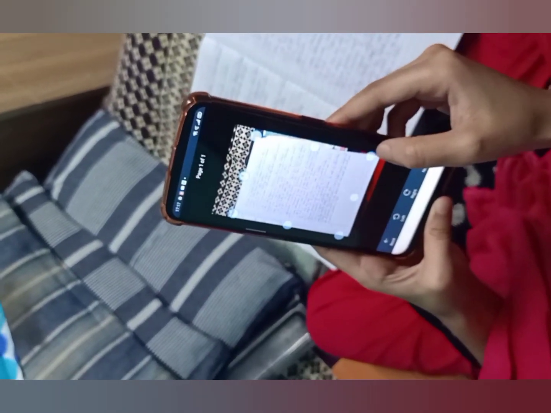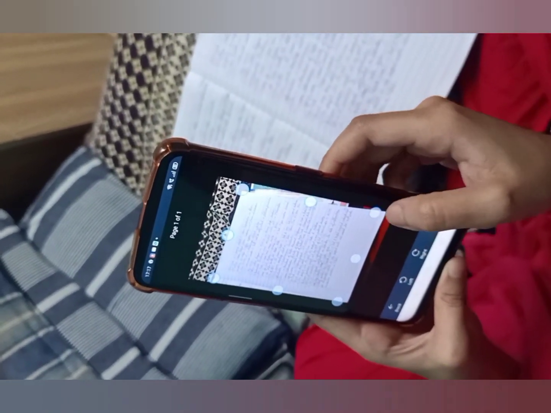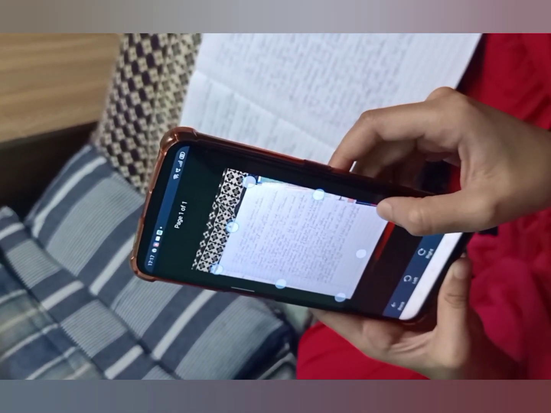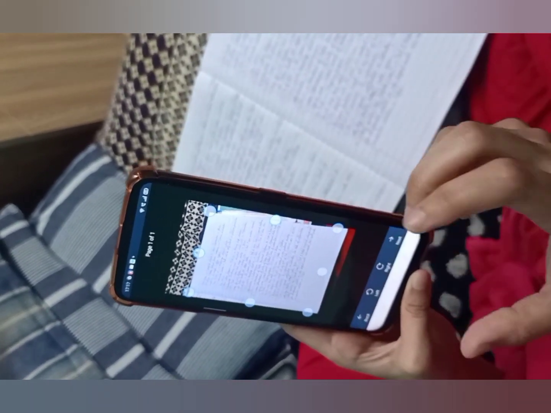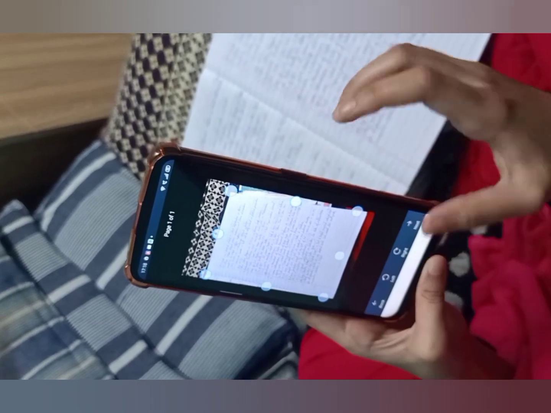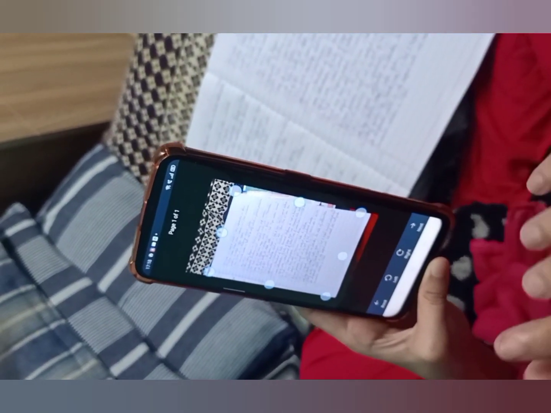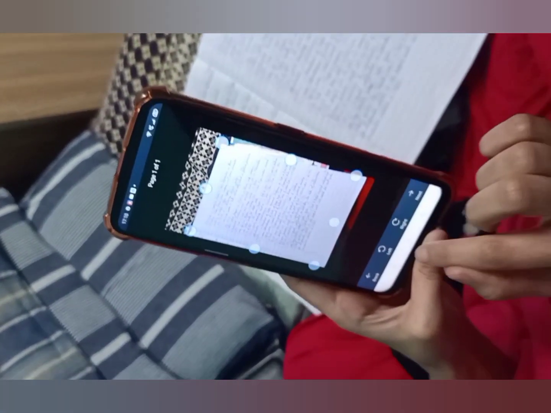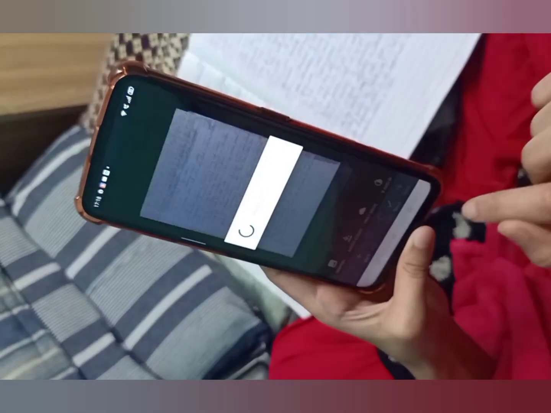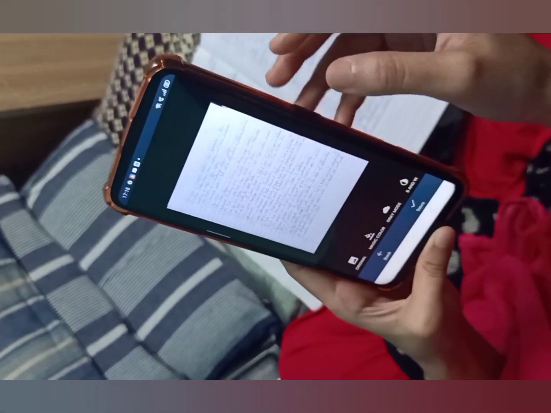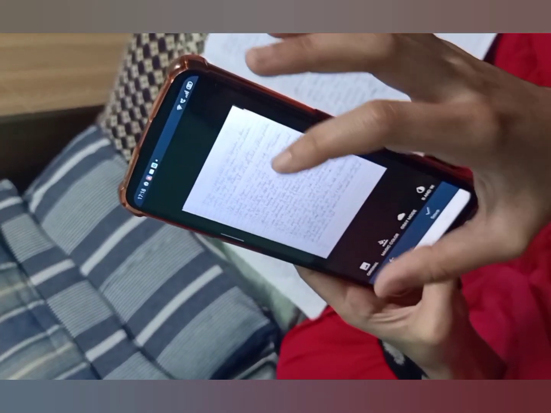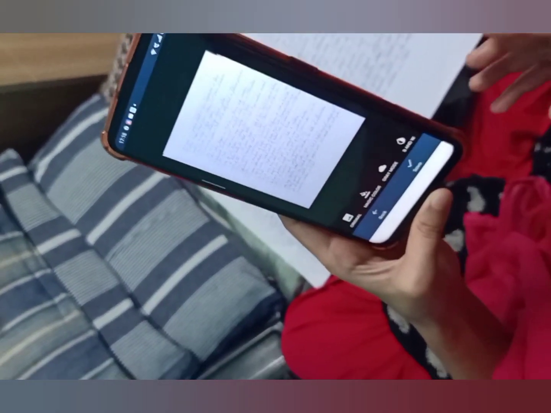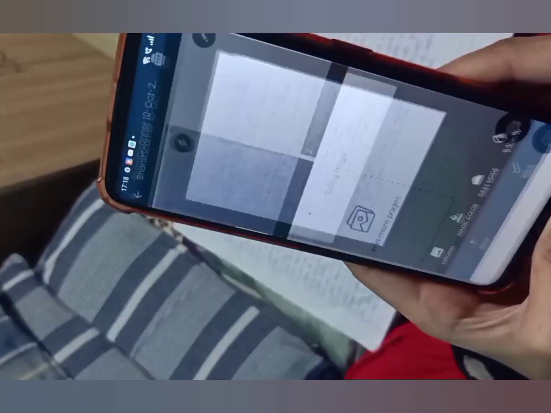I'm trying to include every word of this, because it is not possible to include everything, but you have to adjust these pixels accordingly, and then crop the image so that no words are missing. Now click on the next button, because the image has been cropped. See, every word has been included in it. Crop accordingly so that every word gets included. Now click on the save button.